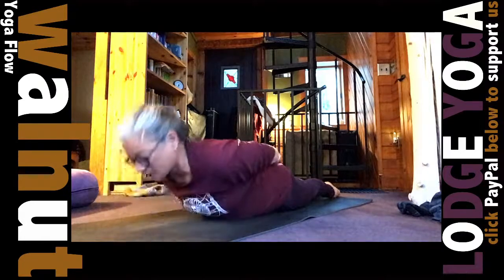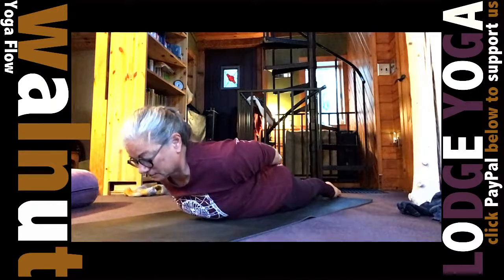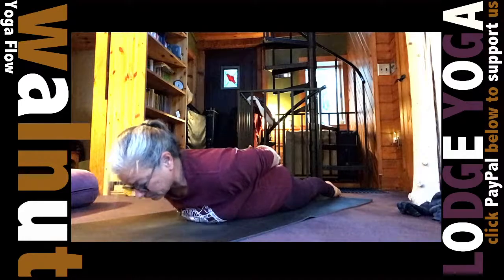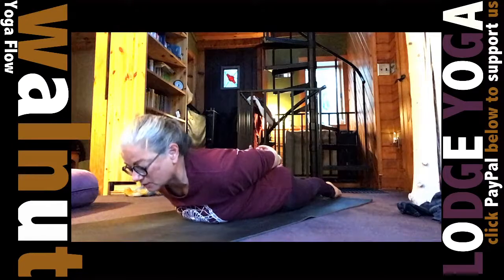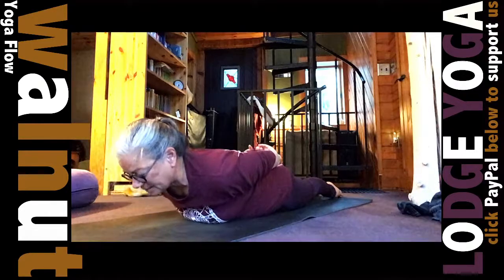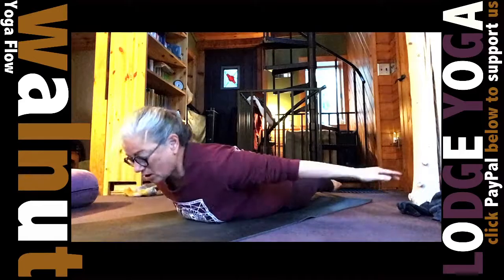Same thing here. Inhale, chest forward, blades back. Now on these exhales, really try to pull your sit bones into the backs of your legs to keep that lower back long. Now keep that lower back as long as you can, and then lift your legs up just a little bit off the ground. Don't disturb the back though. Inhale, arms to the side,